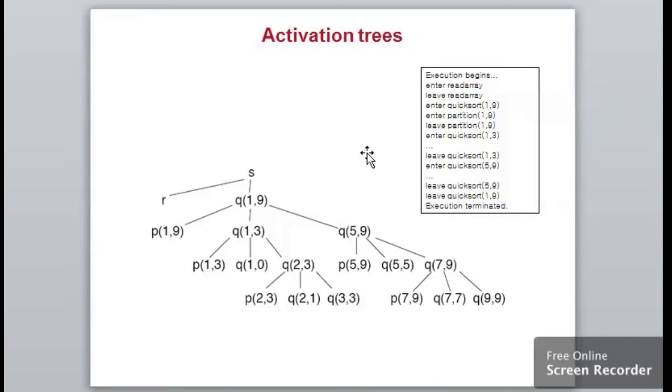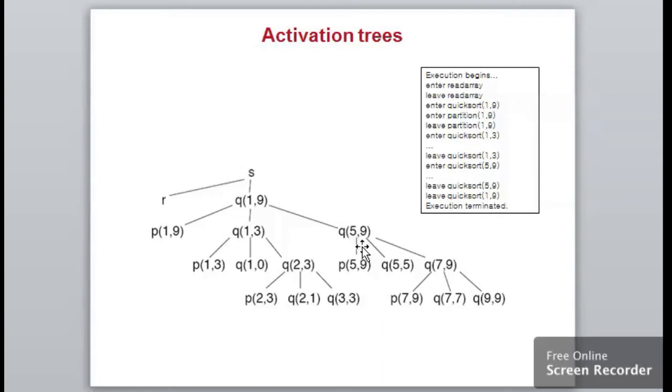Let me represent this in terms of an activation tree. That is the main program, that is sort. It's going to R, that is read array. After read array, it's going to enter the quicksort, that is going to invoke the partition, that is further going to have the quicksort. Again it's going to have the quicksort, that is going to be divided into two subblocks based on the same phenomenon that we see for the quicksort mechanism, that is the pivot and the indexing methods. So finally we are going to have the sorting of the entire input for the given program.